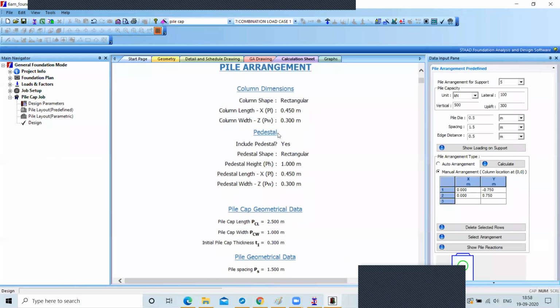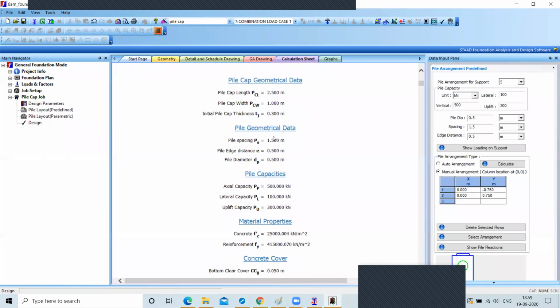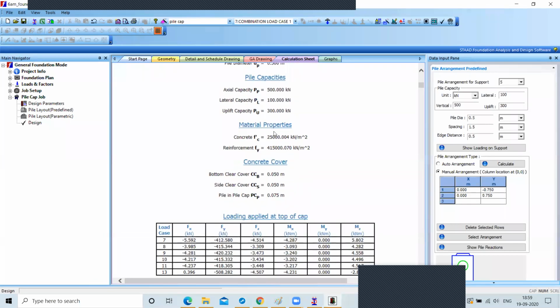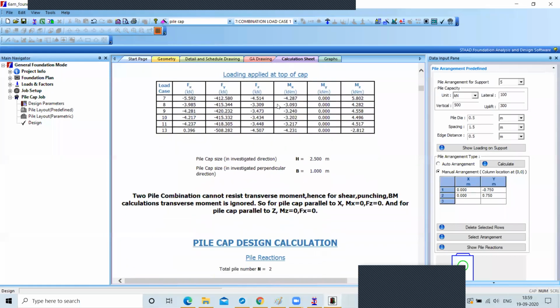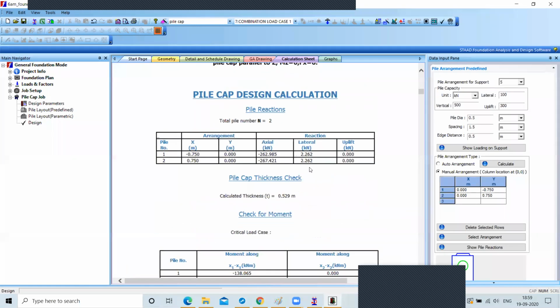This is your pedestal dimensions. This is your pile cap geometry data, pile geometry data, and this is your pile capacity, material properties, concrete cover.